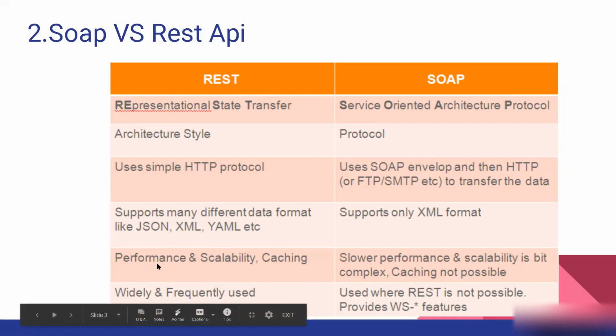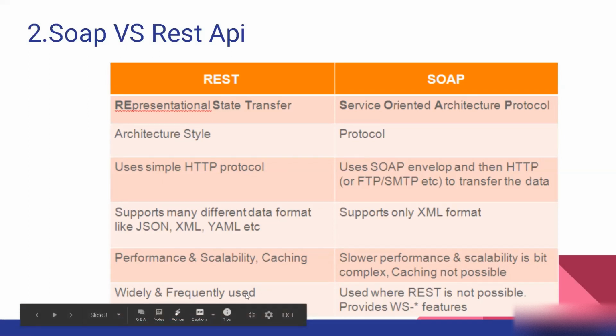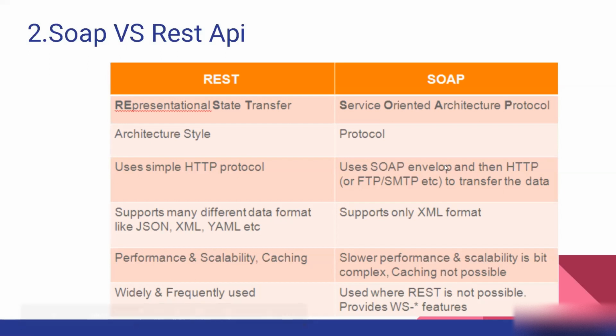JSON or REST APIs give more performance, scalability and caching. The main reason we needed REST APIs compared to SOAP was SOAP's slow performance. And now REST is widely and frequently used. I think only old companies or government organizations use SOAP. Otherwise, we mostly use REST APIs. One advantage of SOAP is security. It is much more secure because it follows protocols, right? So it is more secure than JSON. But other than that, there are multiple advantages in JSON, and even in security, JSON is making more improvements.